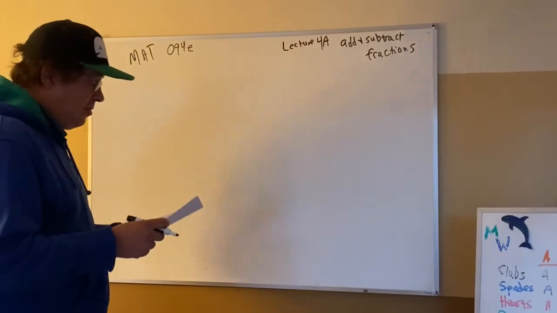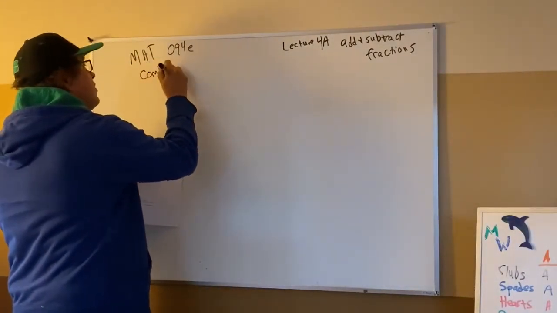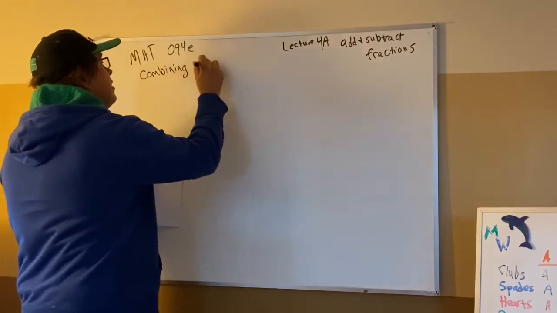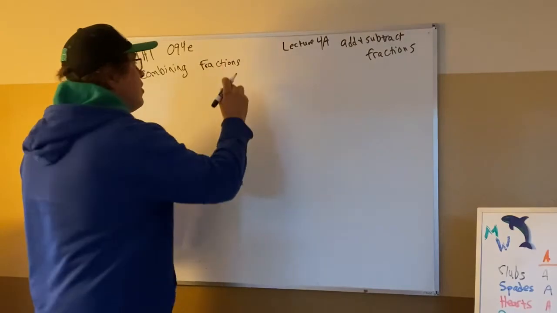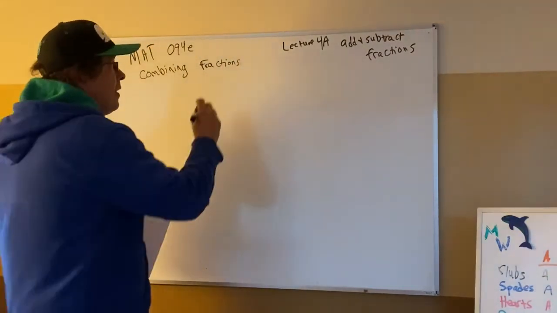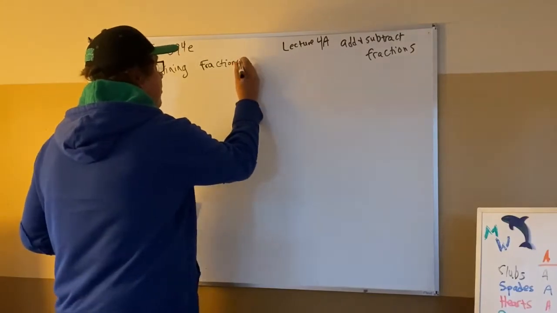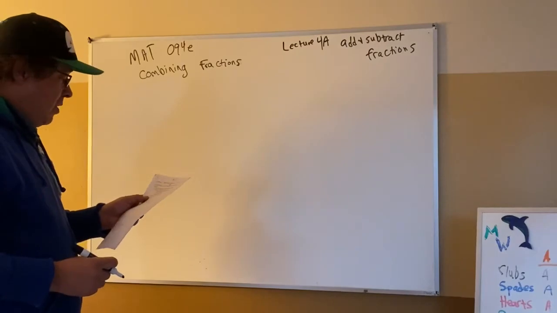But the keys that we need to have when we're combining fractions, which is adding or subtracting, the rules are the same, except that when you're subtracting, you're adding a negative value in your numerator, and then we can deal with it from there. So we don't have to learn a separate rule for subtracting and adding. When we're combining fractions,